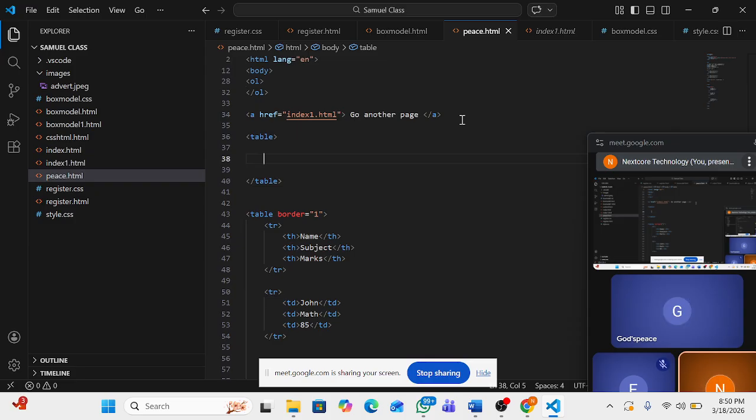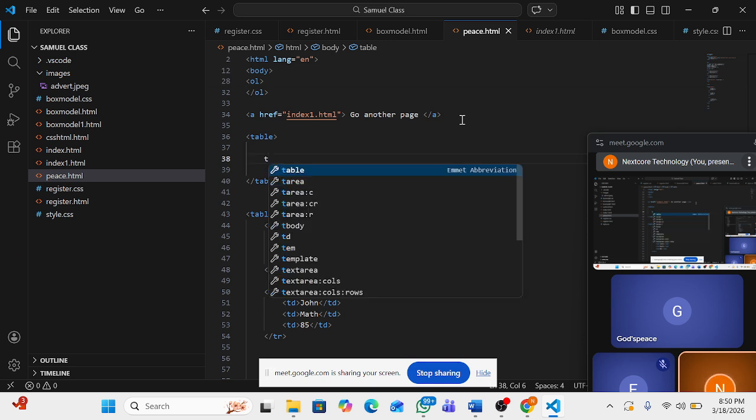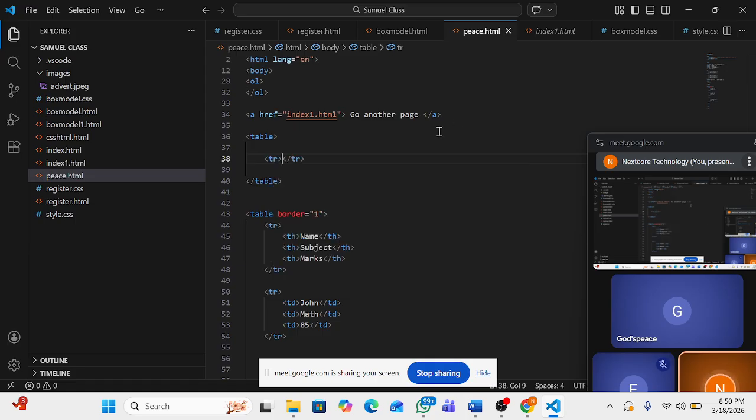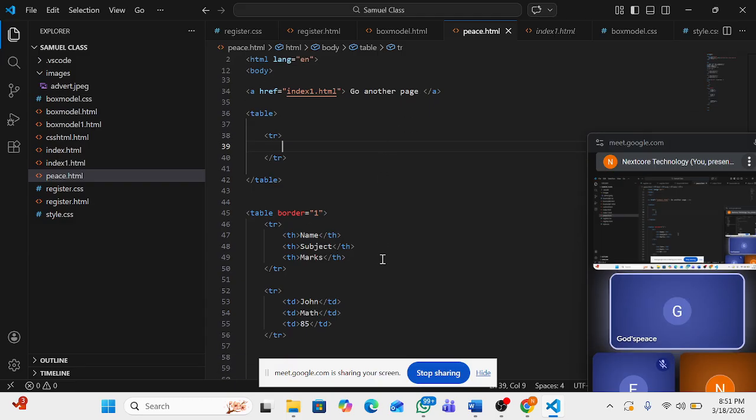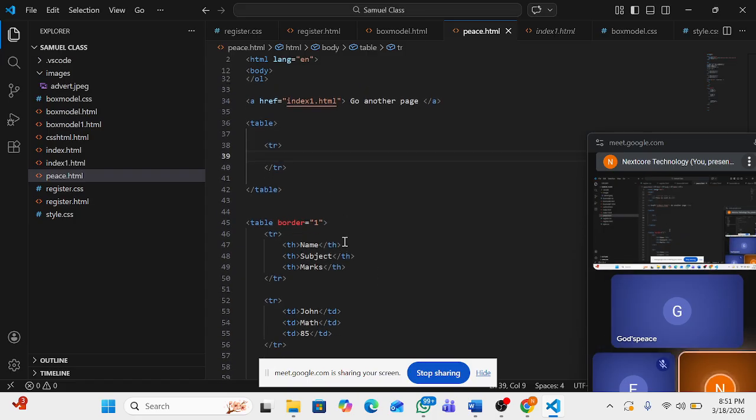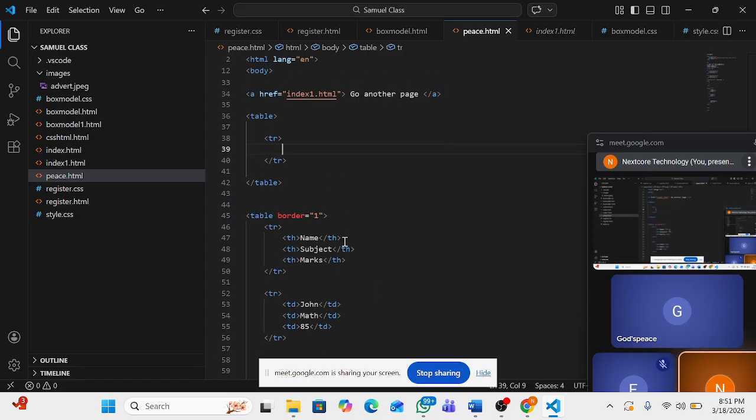Okay. So this table element also has other elements under it. The first one is the table row. The table row is used for you to create a row in HTML. Inside that row now, we also have table heading, which is TH. TH represents table heading,